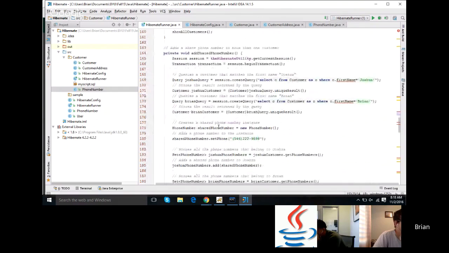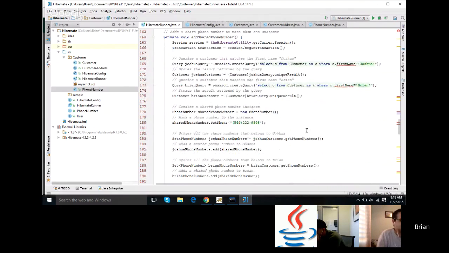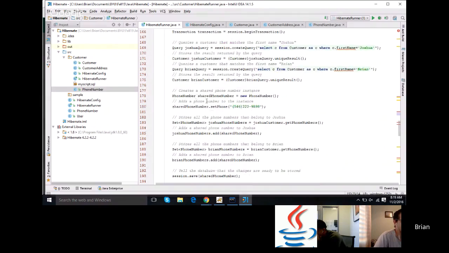And this one is a different one. So I call it add share phone number. So you can use a single phone number for more than one person, so they can share that phone number. So I again hard coded it. So I'm getting a name that matches the first name Joshua and whatever Brian, another one, and save the query result into a variable, and then create an instance of the phone number and set it to whatever phone number I want, and then